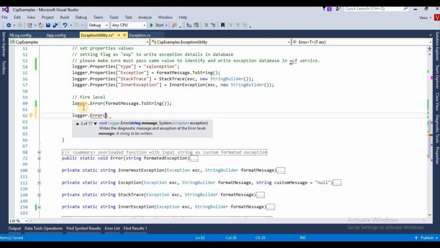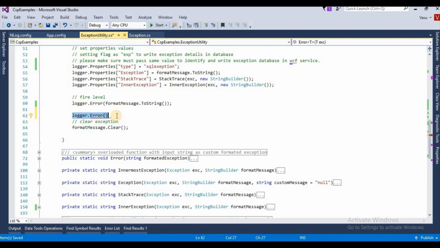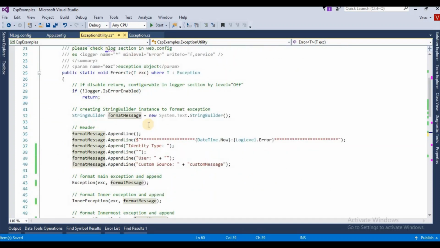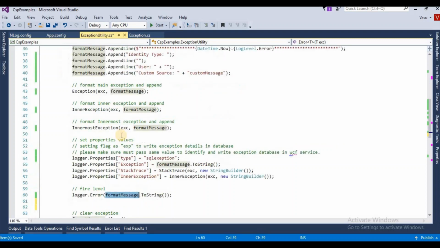You can pass string, string with exception, and parameters if you have any, and so on. In my case, I am passing the string builder. I have formatted it as I want and am passing it to this